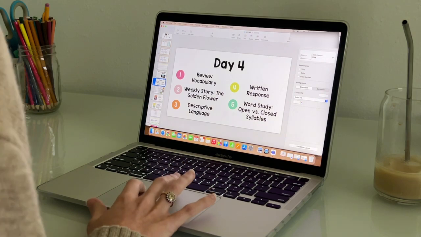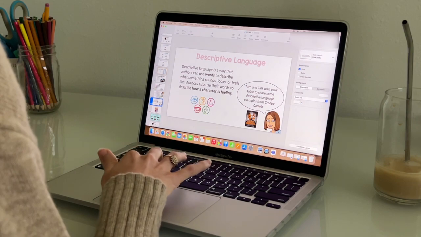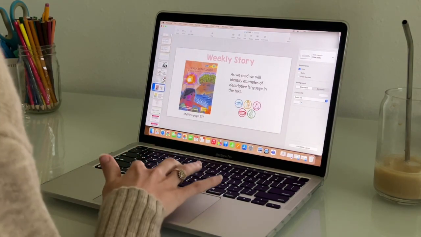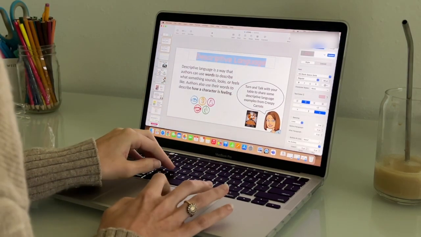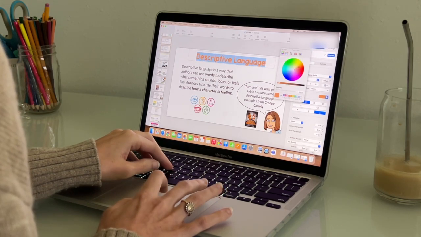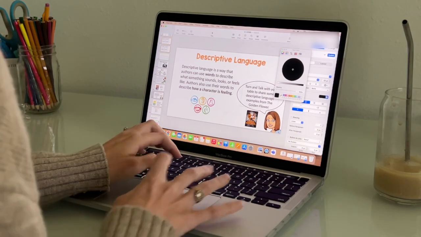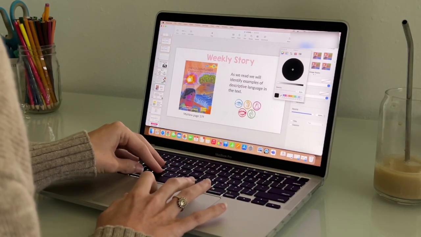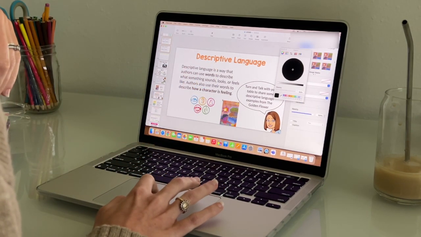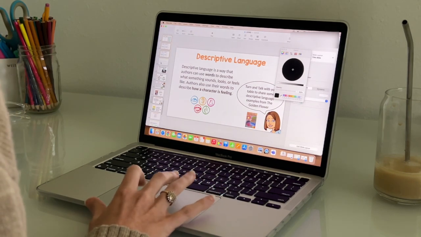Then the next thing we're going to do is review descriptive language. So we'll want to come here. Do this. We'll do this from The Golden Flower instead of Creepy Carrots. Let's give them a minute to turn and talk about it. And then we're going to want to do a